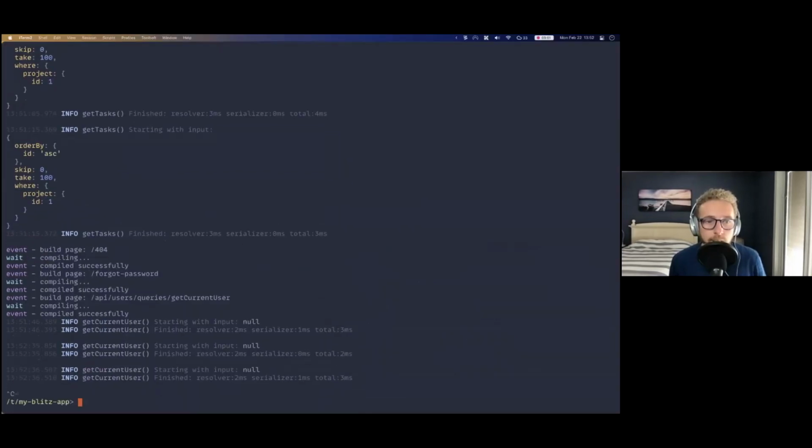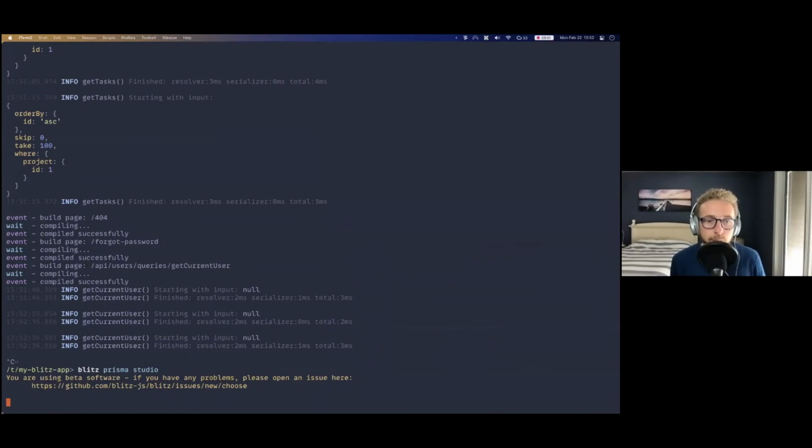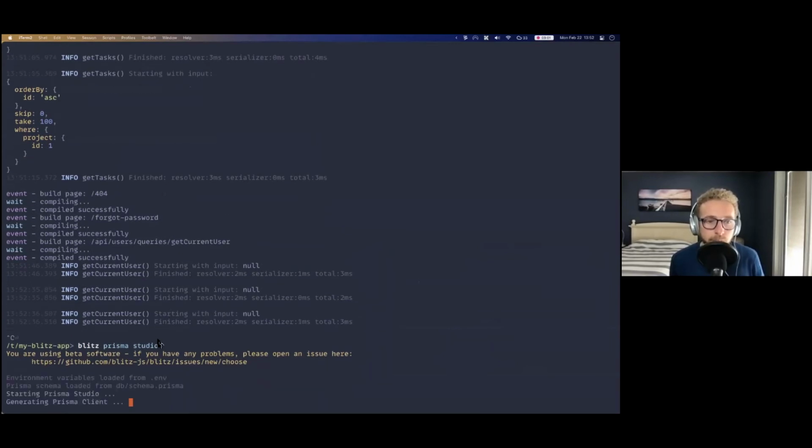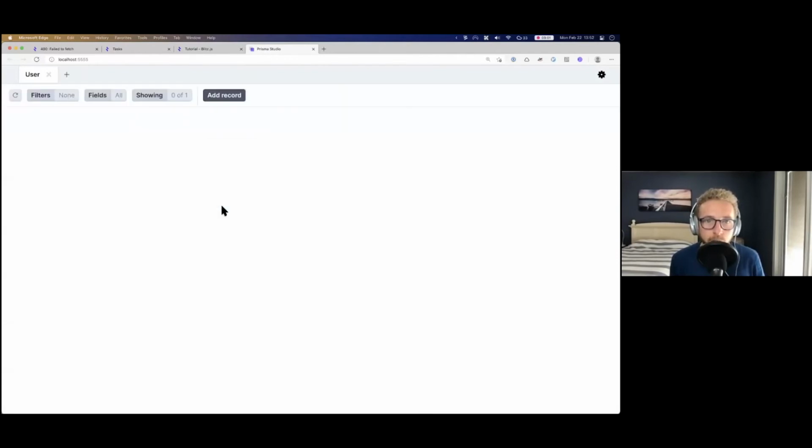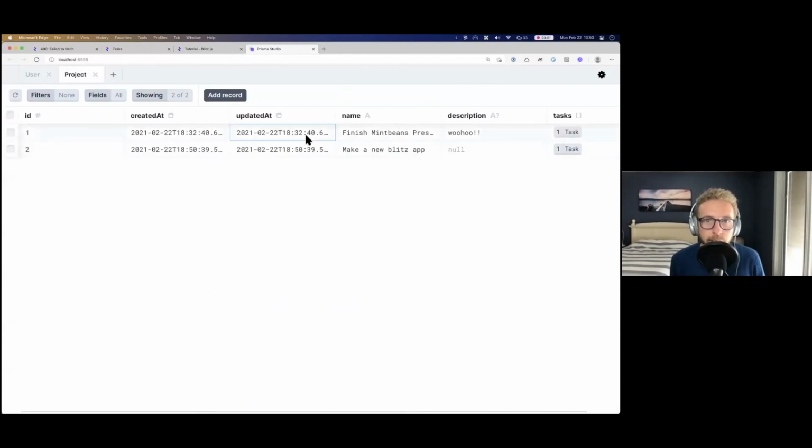So there's another thing called Blitz Prisma Studio. If you run that in your terminal, it's going to open up this web page that shows you all the models in your database. So you can click on user and you can see the user models in your database. You can look at the projects in your database, and then you can also update this.